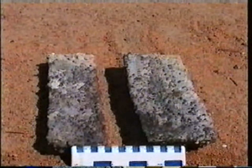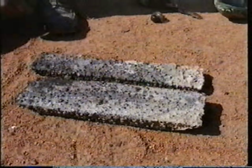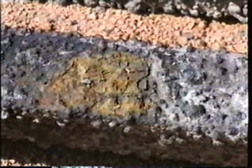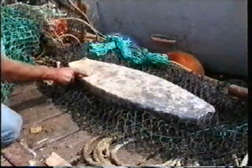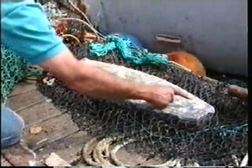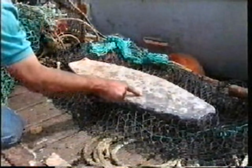Here we have 2 tin or pewter ingots. You can see the copper type stain. And here is the lead ingot that led to the wreck being found. It's just showing you the surface area that was out. These lines, my finger is, are where the scallop dredge pulled the lead ingot out of the seabed to make it more prominent. And here is the marks